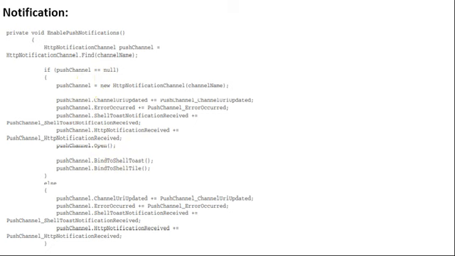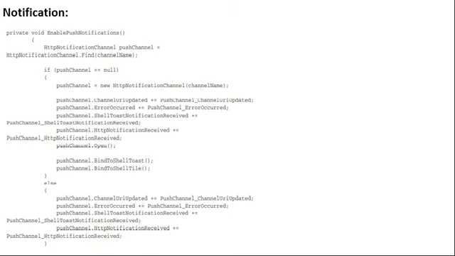Otherwise, if it is already there, you simply update the URI, handle any error, and update whenever a toast notification is received. These things are the same as what you have written here. But in the first part there is only one addition, that is, the new channel is created with the channel name, whereas in the else part this first line is not there. Everything else is the same.